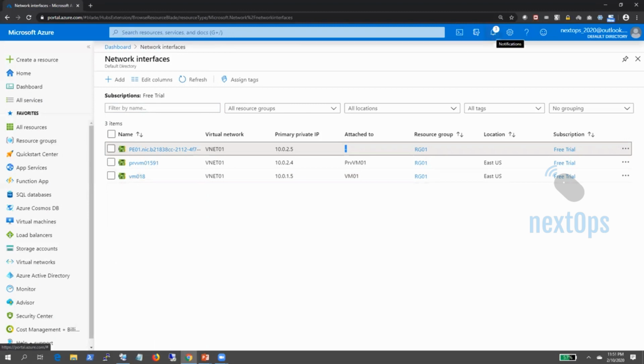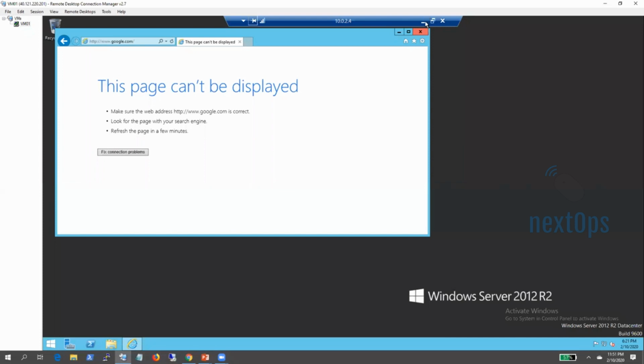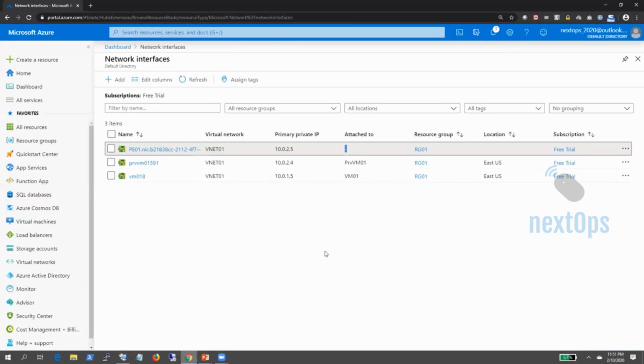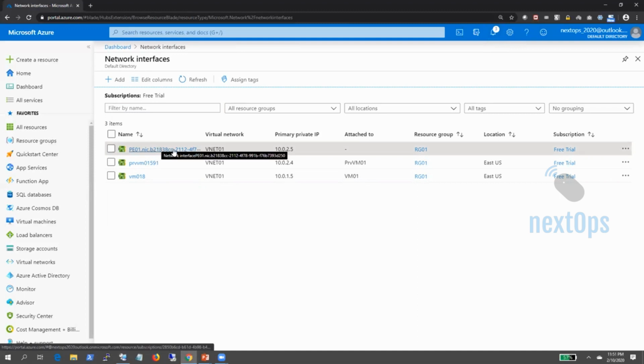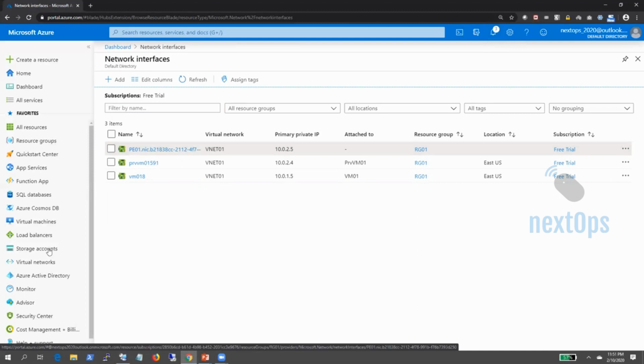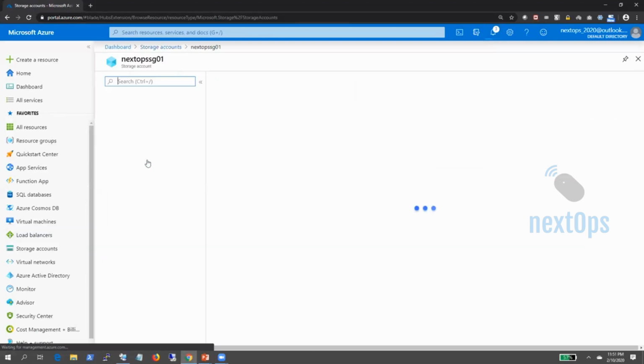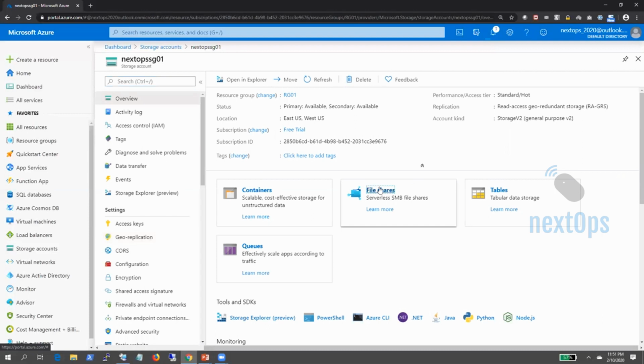we go to our private machine and mount the network share. We're not able to access portal.azure.com because we don't have access to the internet. So we have granted access using the private link, using this interface. Now we need to figure out a way to mount this particular network file share on the